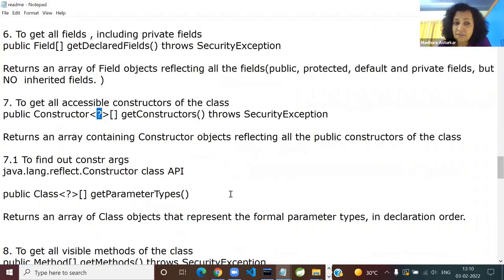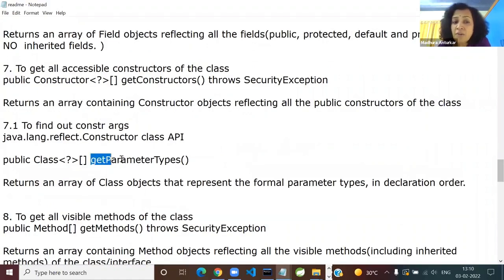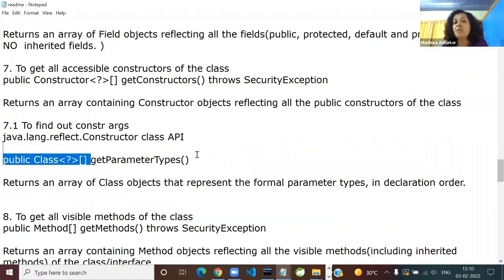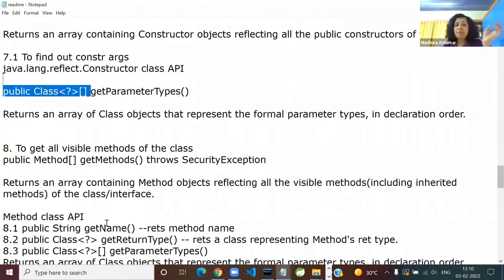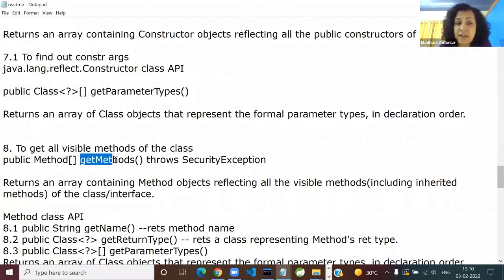Next one. If you want to find out the detailed signature, that is, what are the parameters, what are the arguments to the constructor, you have further methods, getParameterTypes. But I'm going to show you via toString, which is very easy. Whatever I said about the fields is also applicable to methods. So if you want to find out the detailed analysis about what are the different methods, static, non-static, what will